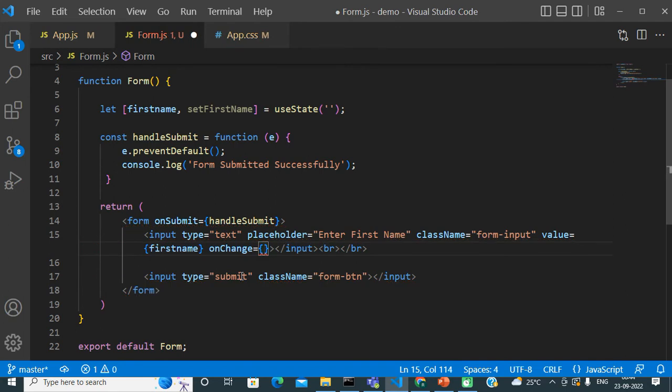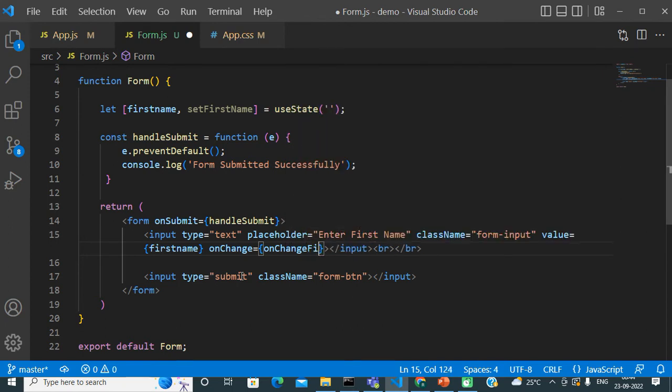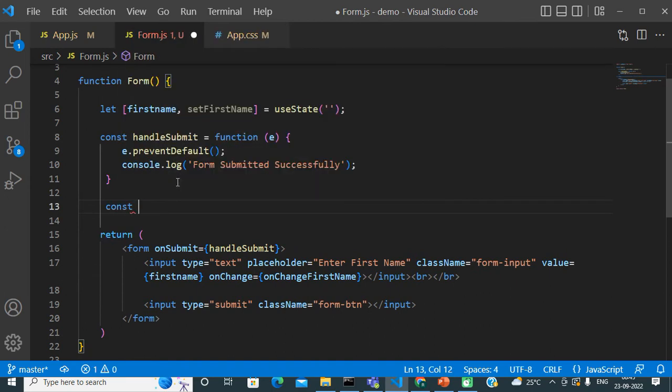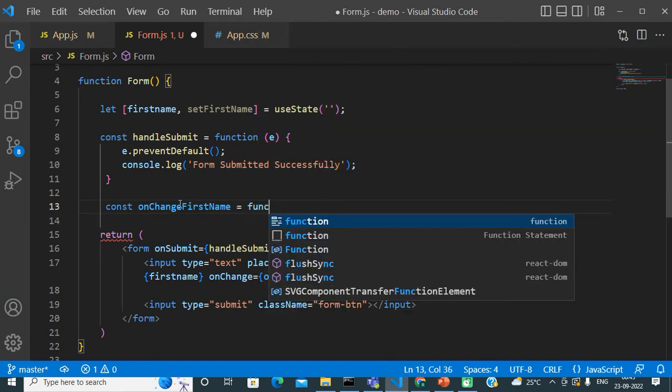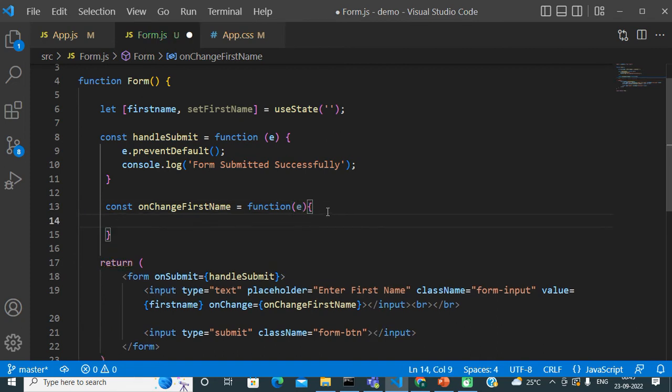So let me define my handler function, onChangeFirstName. I am attaching this event handler function to this input field because whenever the user enters a value, I want to capture that newly added value, and with its help I am going to update my component state.